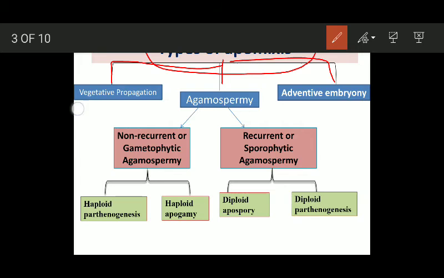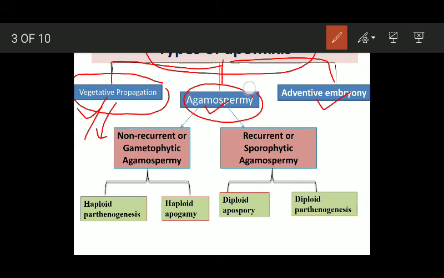We have first vegetative propagation, then agamospermy and adventio embryony, okay। vegetative propagation की बात अगर करेंगे हम, इसमें बहुत सारी टर्म्स हमें डिफाइन करनी है, ओके। नेचुरल वेजिटेटिव प्रोपगेशन, फिर है आर्टिफिशियल, तो इट विल टेक अस सम 3 or 4 क्लासेस, ये हमें अलग से डिटेल में डिस्कस करना है।